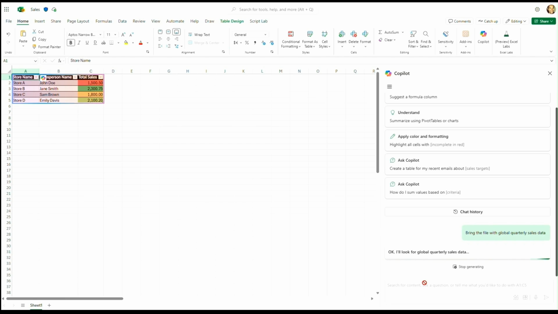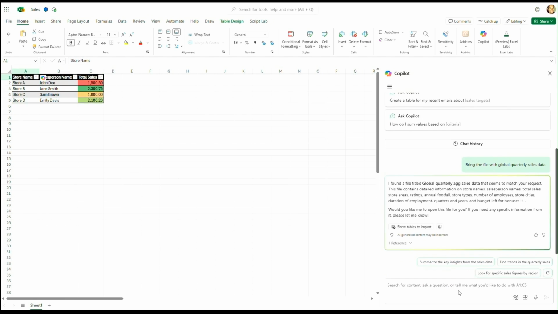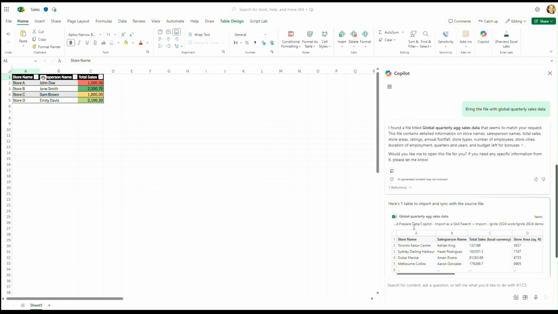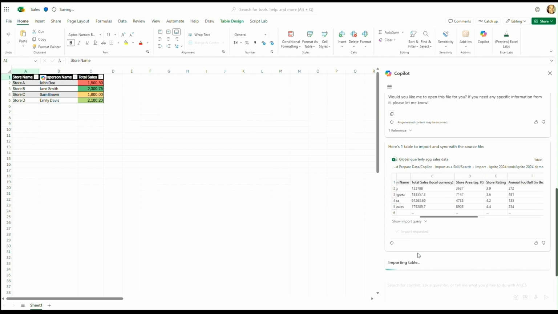And we're looking for that file here. We can see those updates, and we found the file. Now, this is great, and I can also preview that file before I import the table into my data, just to make sure it's the right information I'm looking for. Taking a look there, I can see that that is the correct table, so I'm going to import that